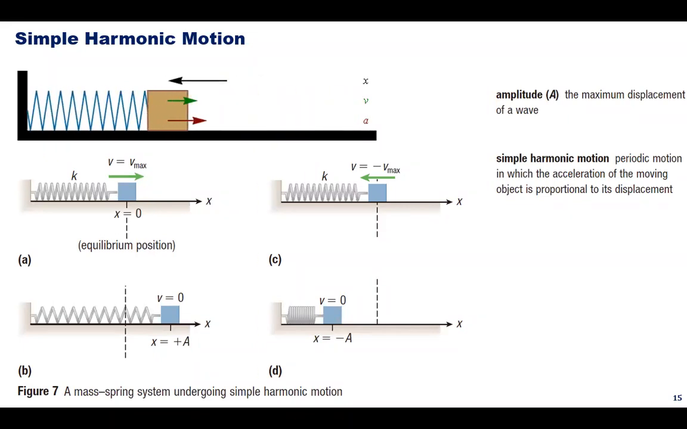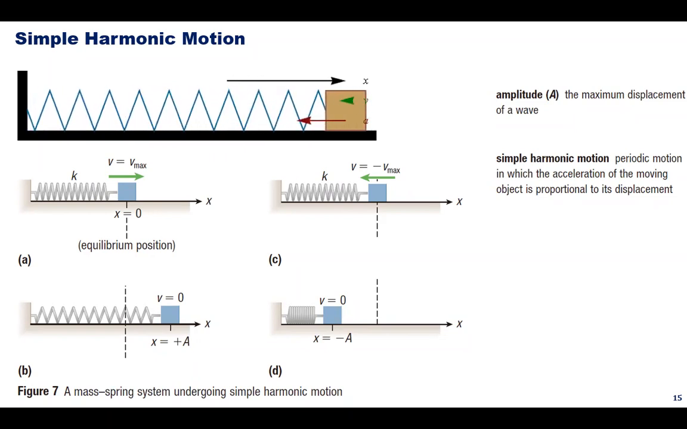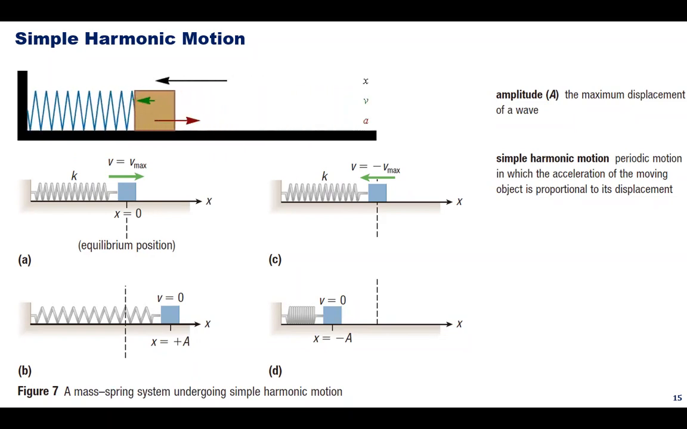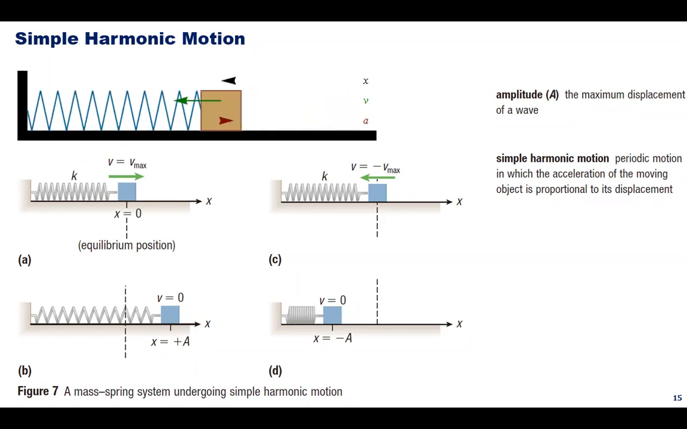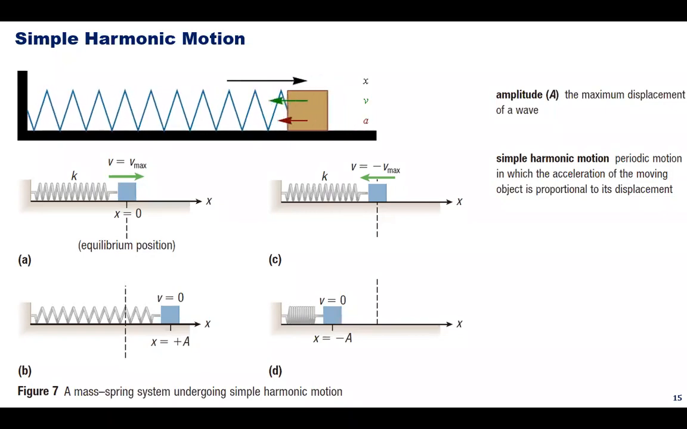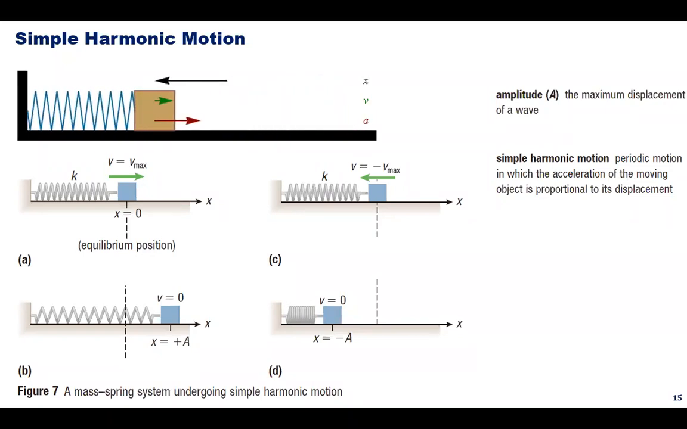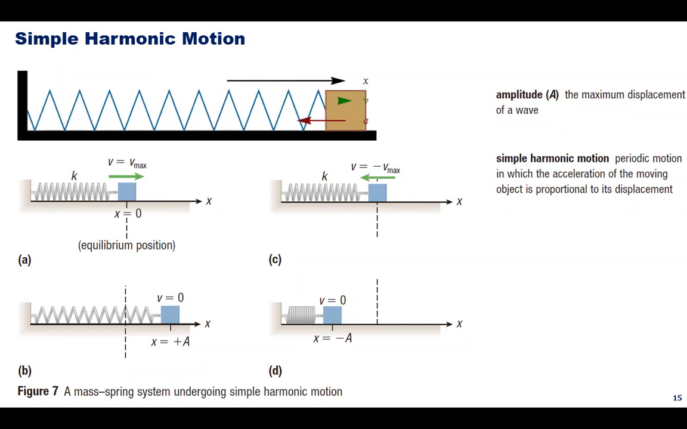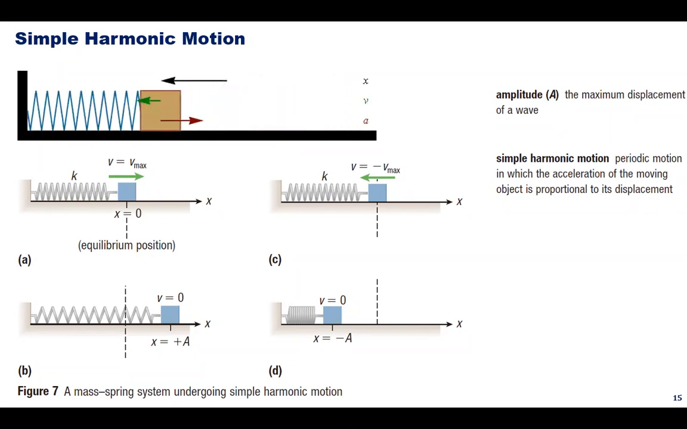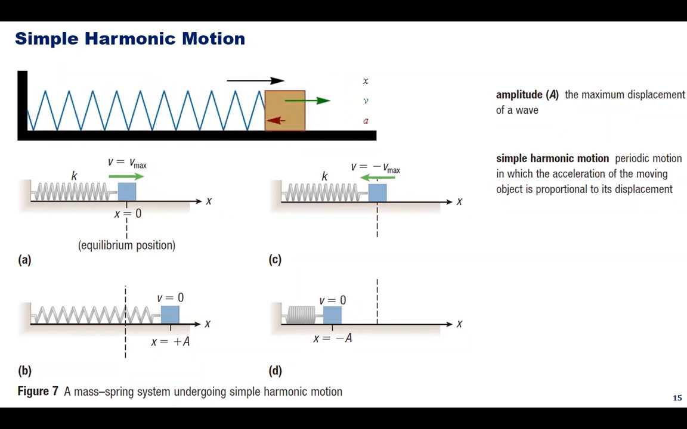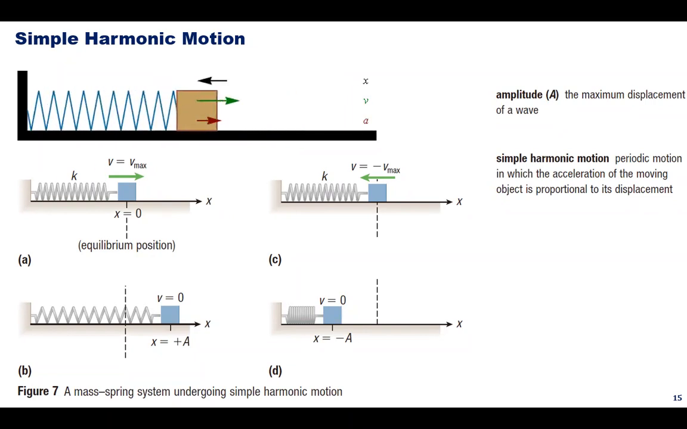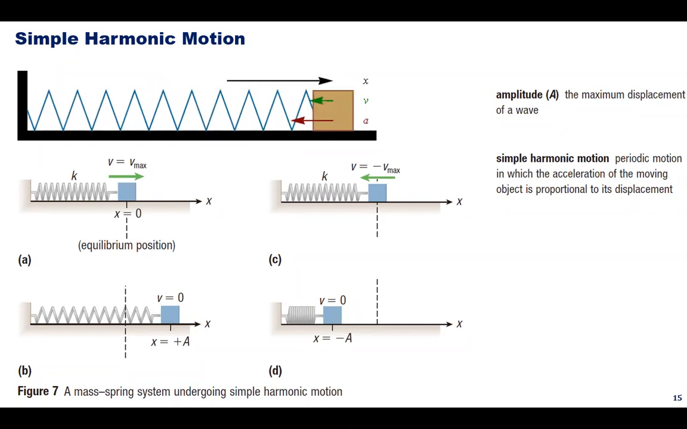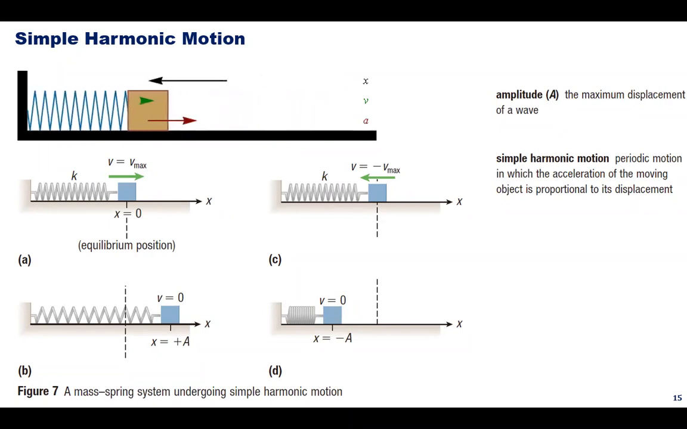The mass in figure 7 here will continue to move right and left between A and negative A if both the spring and surface are frictionless, which is shown here in the graph on the top, right? The back and forth motion is an example of simple harmonic motion. Simple harmonic motion, often abbreviated as SHM, is a back and forth or periodic